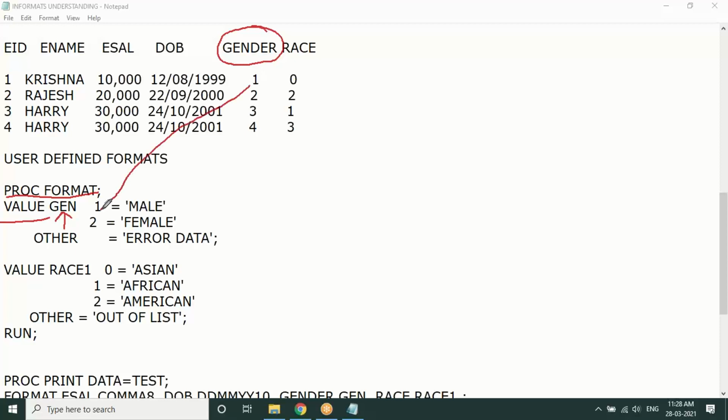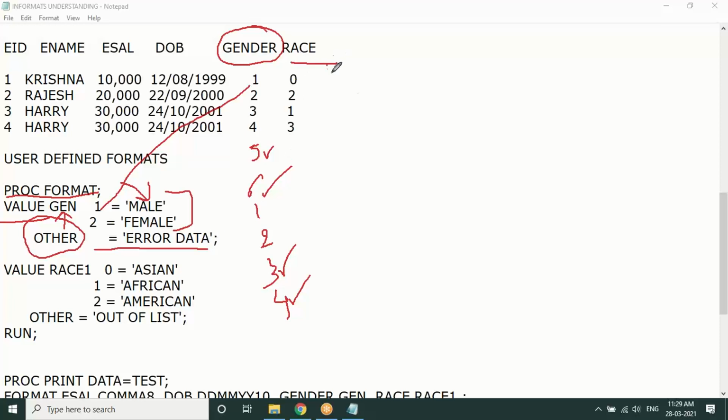So however you have the data, you want to represent it, you are supposed to specify them. So let's say 1 for male, 2 for female, 3 for so on, 4 for so on. Let's assume there are some millions of records and your data got something like 5, 6, 1, 2, 3, so on. So it will be difficult for a programmer to define something which is out of scope. So then what you can do, there is another keyword which will help you to read the data apart from whatever you have defined. So leaving whatever the values you defined, the rest of everything will come under other, which you can display with some kind of a label.